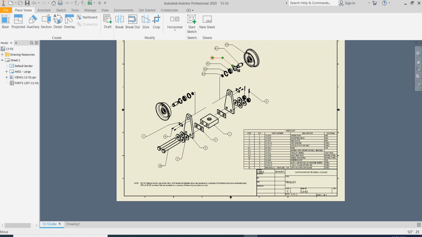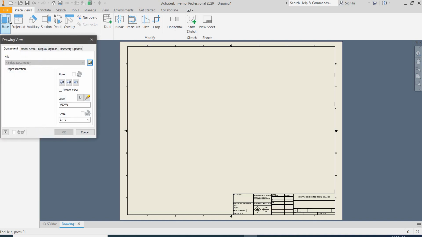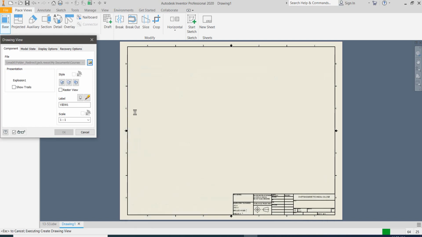Okay, so the parts list, we've got an issue with. I use two sub-assemblies, one of the ball bearing, and then one of the entire wheel assembly. And when you bring it into a parts list, you've got to work with it a little bit differently. So I'm gonna just start through and set one up here for you. So I'm gonna bring in my IPN file,